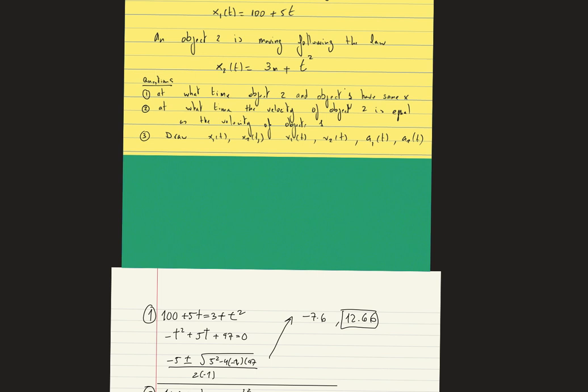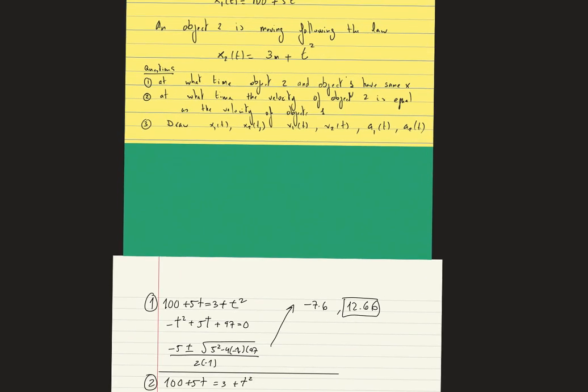So here we do some algebra. We get this step, goes from this to this. Then we do the quadratic formula. At the end we get these two values. The only one we could use is the positive value, since we need the same x. Now question 2 says,